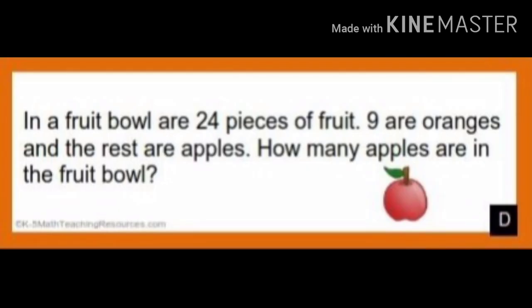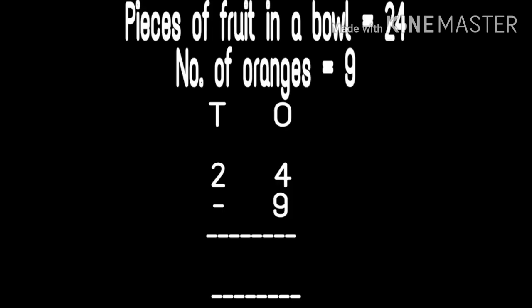Now let's come to the fourth one. In a fruit bowl there are 24 pieces of fruit. 9 are oranges and the rest are apples. How many apples are in the fruit bowl? In this question we know the total number of fruits in the bowl. Then we know 9 of those are oranges. Now we have to find the number of apples. How will we write the first statement? Pieces of fruit in a bowl is equal to 24. Now the second one: number of oranges in a bowl